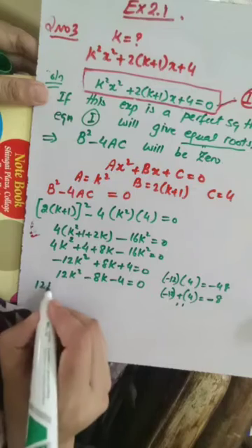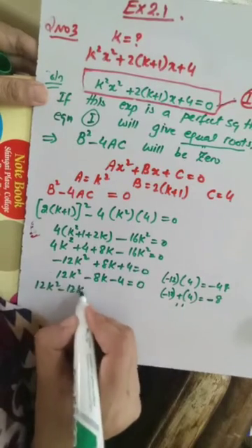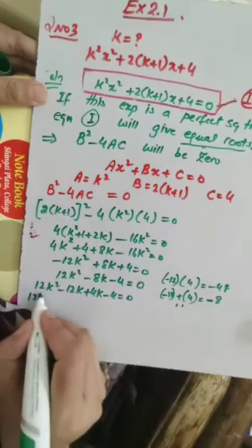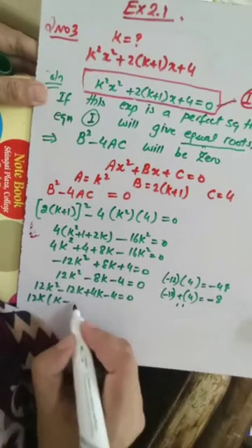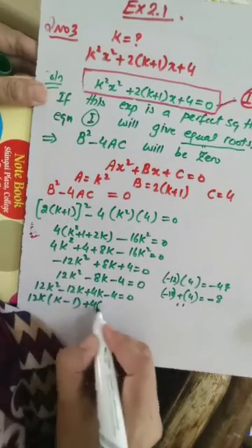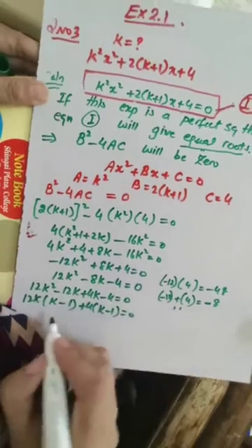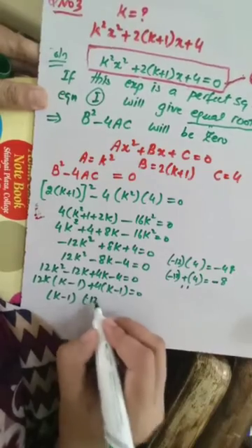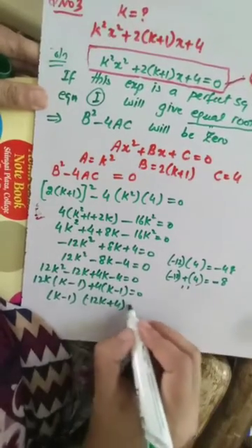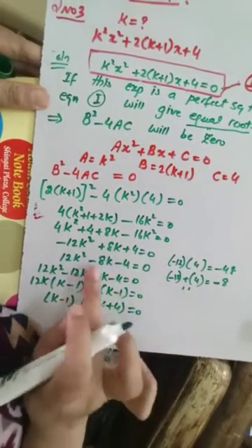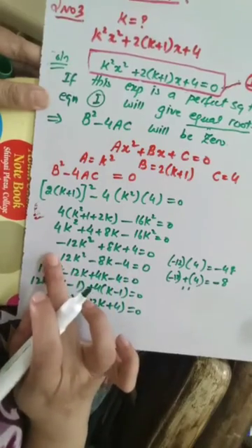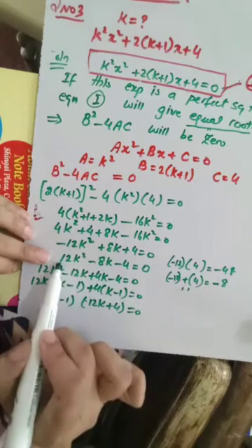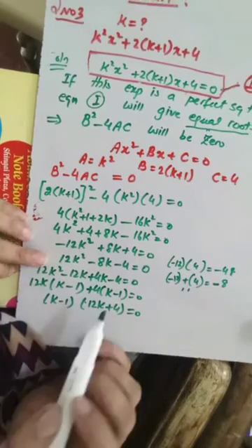So we can do this by factorization method and we can get the value of k. Over here we could also take 4 common to make it more simple, but this is also correct, and if you want to take 4 common over here, it will make this expression even more simpler.